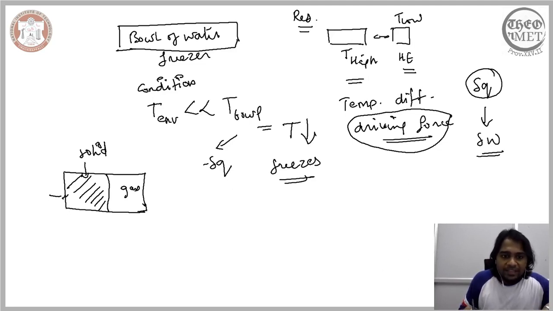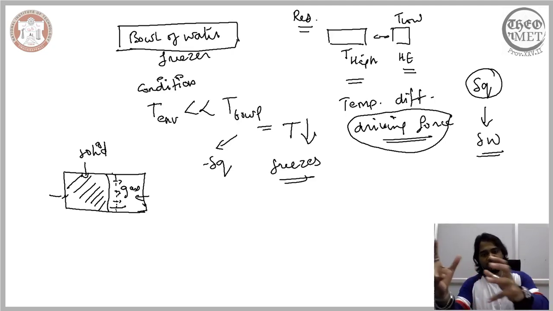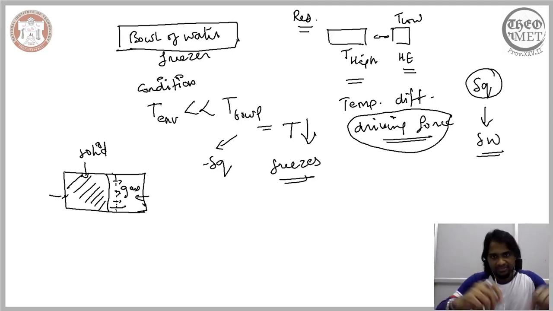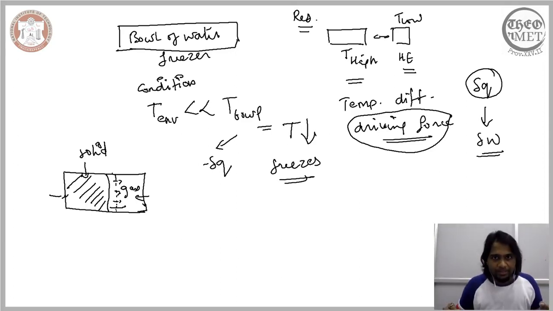Now you are raising the temperature of this entire composite system. When you raise the temperature of the entire composite system, the solid expands at the expense of the gas. So the volume of the solid will be increased at the expense of the gas, assuming that the gas is compressible. In this case, there are two different pressures. Because of the increase in temperature, the pressure of the gas is increased and the pressure of the solid